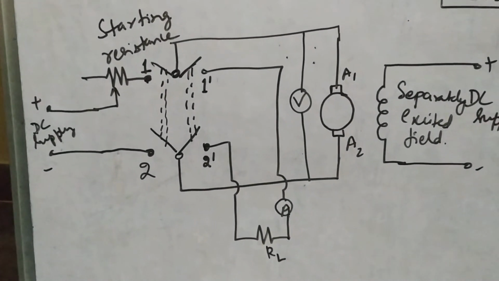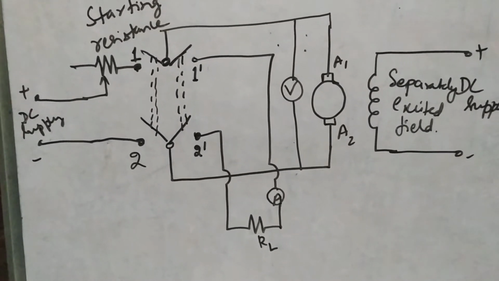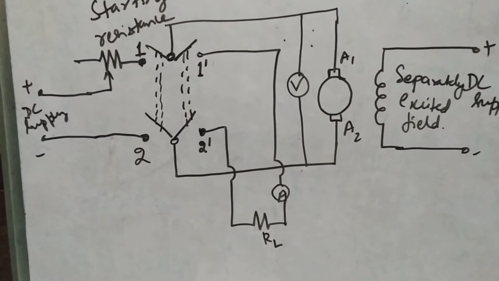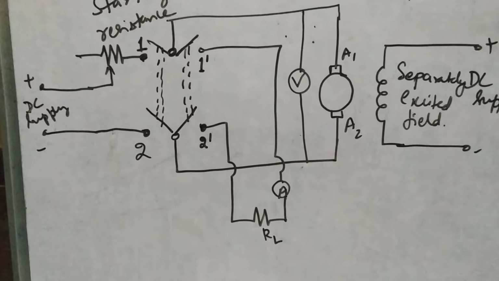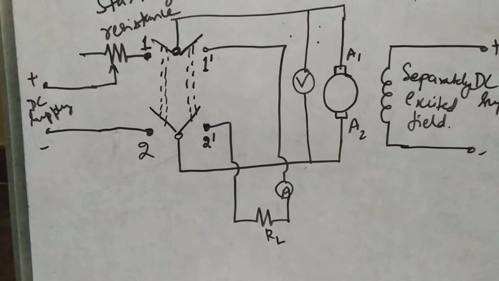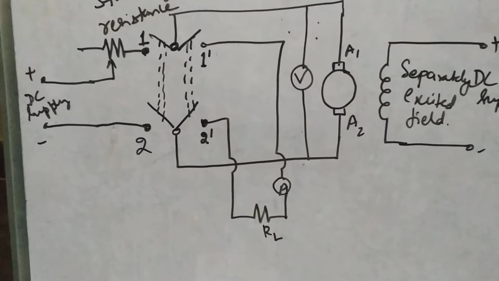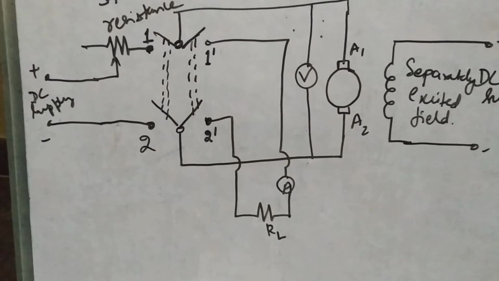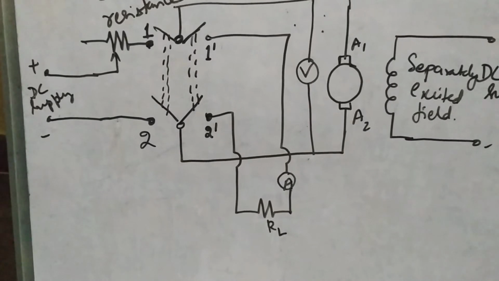The machine whose test has to be taken will run at a speed slightly above the normal speed, and the supply to the motor is cut off while the field is kept excited. The armature will slow down, and its kinetic energy is used in supplying the rotational or constant losses, which include the iron, friction and windage losses. So that is why this is called the running down test.